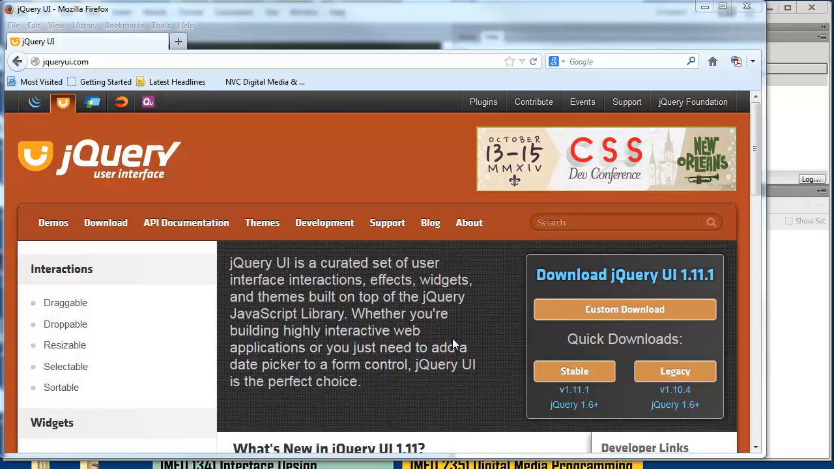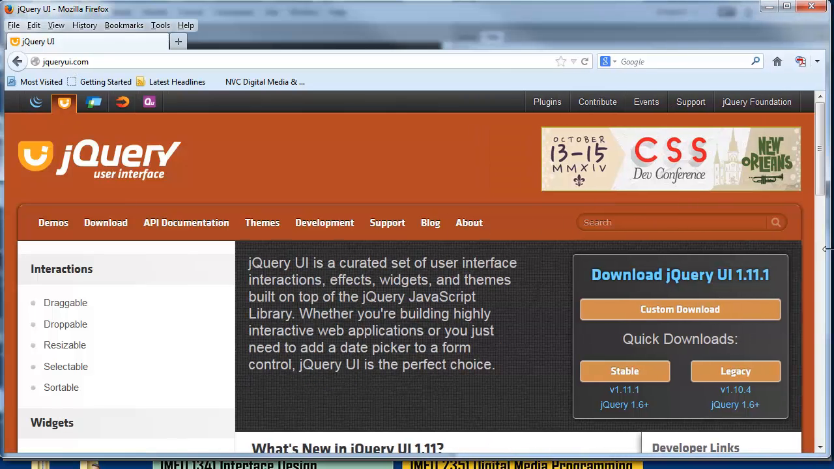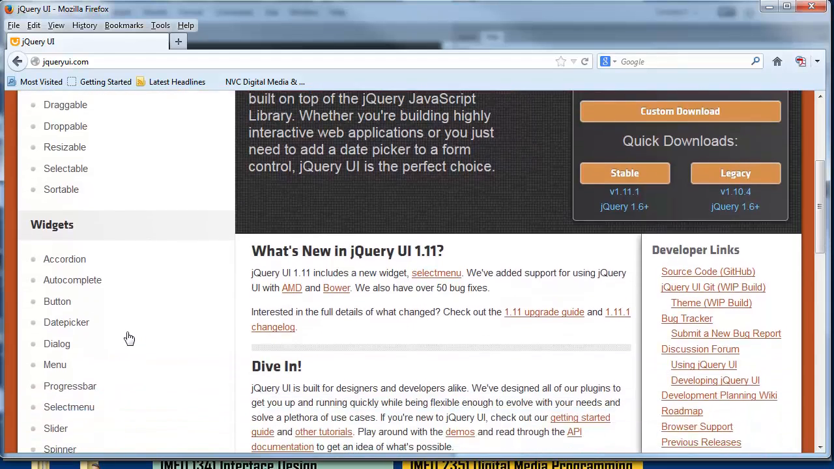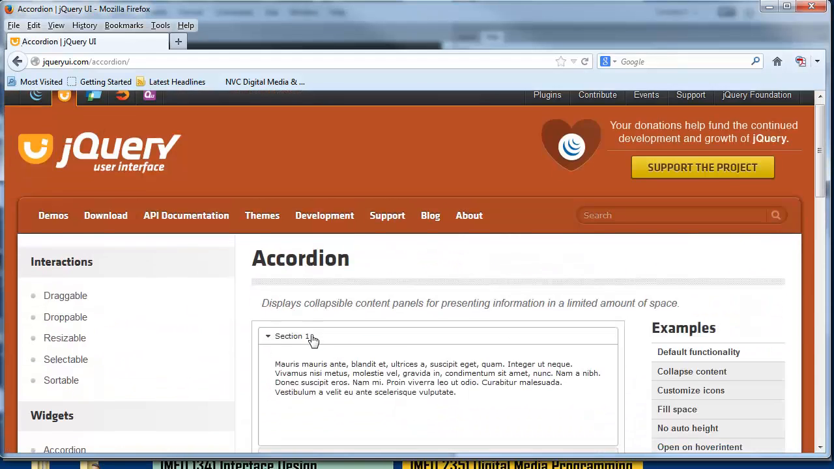In this module, we'll be looking at the jQuery user interface widgets and interactive objects that you can use on your website. I've included some examples inside of the module so you can see the high-end types of things that they can do. But if you look at the jQueryUI.com website, you'll see that jQuery does a lot of really basic things. They have the accordion,